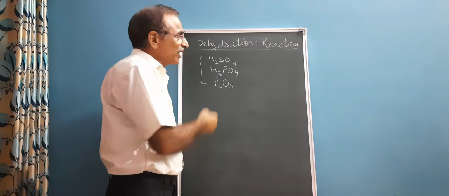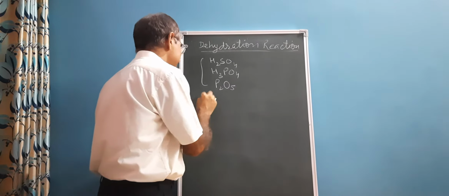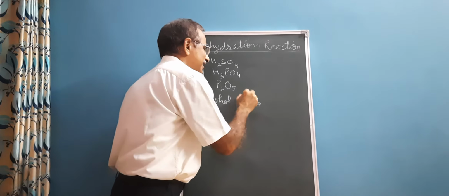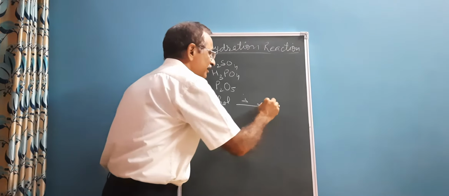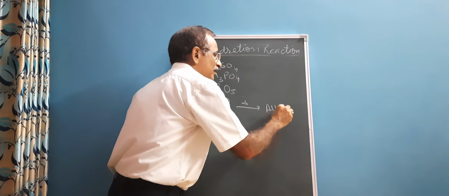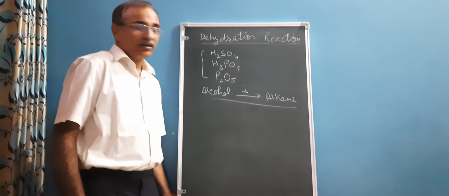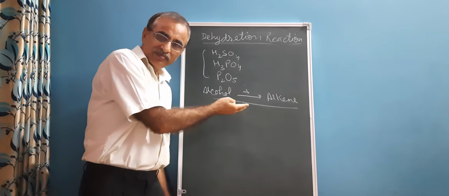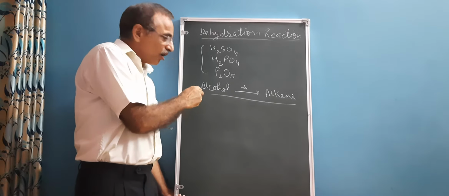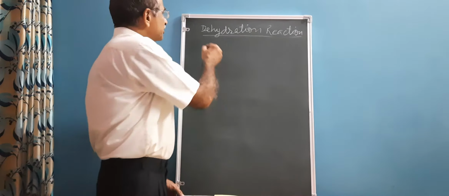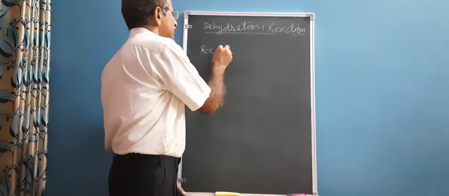alcohol undergoes dehydration forming alkene. Alcohol when heated with either of these reactants will form alkene. Such reactions are called dehydration reactions. When we come to the mechanism, we can see how dehydration takes place. Now we are starting with the simplest